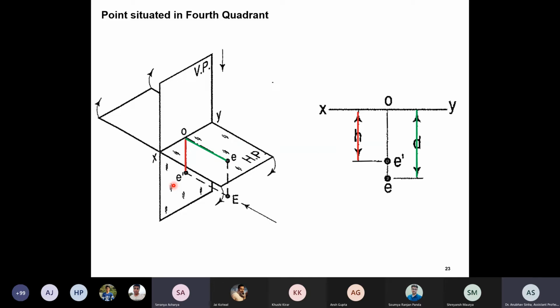So why are we rotating? What is the point of doing that? Orthographic projection is a systematic way of making a drawing like this. So it should be universal. Everyone should do it that way. So by convention, it is defined that this has to be done. You have to rotate clockwise, and only the horizontal plane will rotate. Okay, sir. So it is just a standardization that everyone follows the same rule so that you can read other people's drawings or designs.